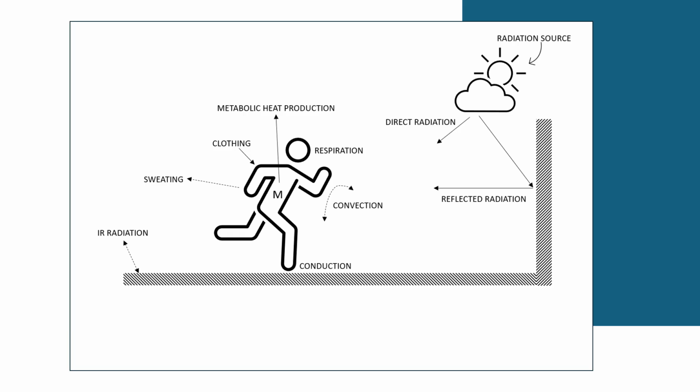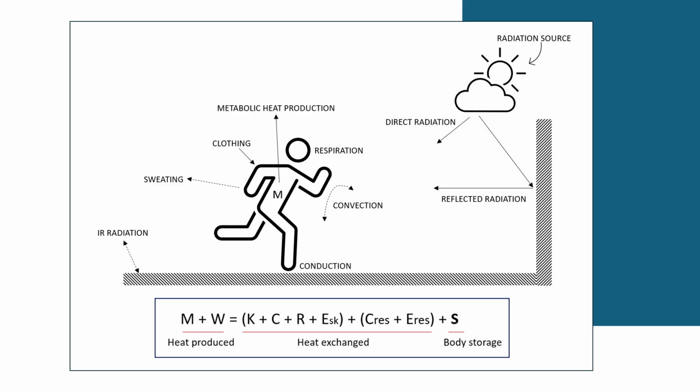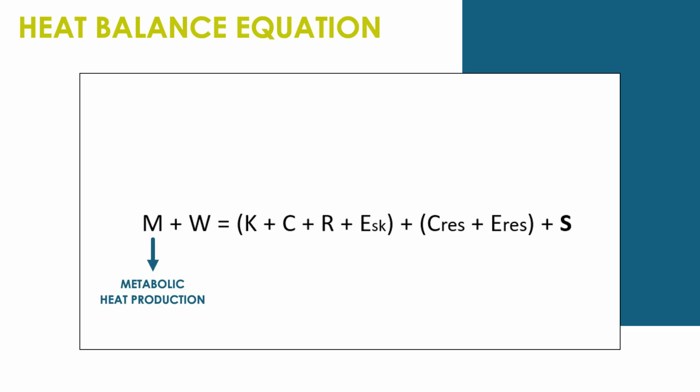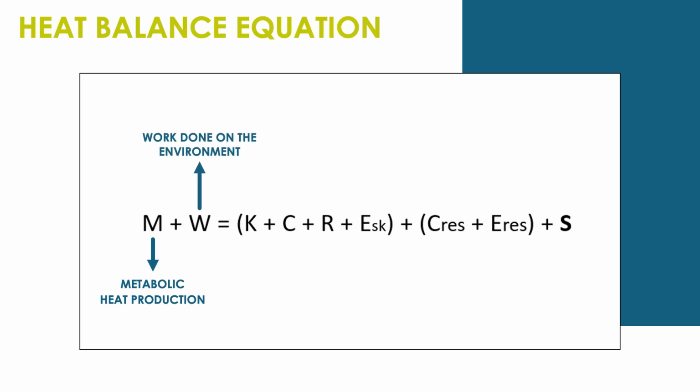The external environment plays a massive role here, influencing the various transport phenomena in thermoregulation. Let's take a closer look at the general heat balance equation, which is quite intuitive. Simply, on the left side, we have heat gains, and on the right side, we have heat losses and storage. Here's a breakdown of what each term means. M stands for metabolic heat production. This is the heat our bodies generate simply by being alive and carrying out metabolic processes. W represents the work done on the environment, like running, cycling, swimming.